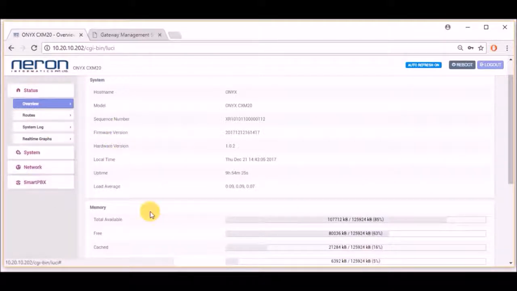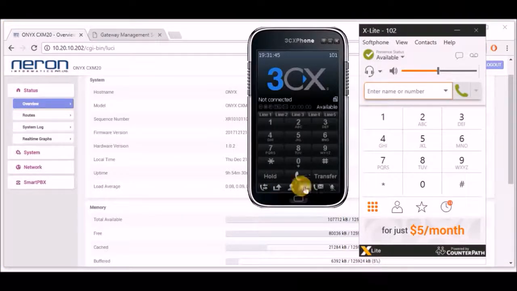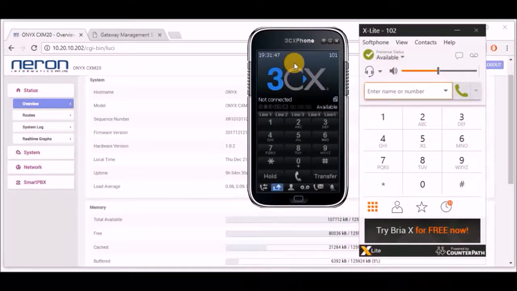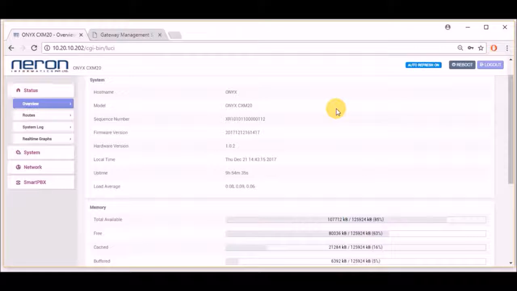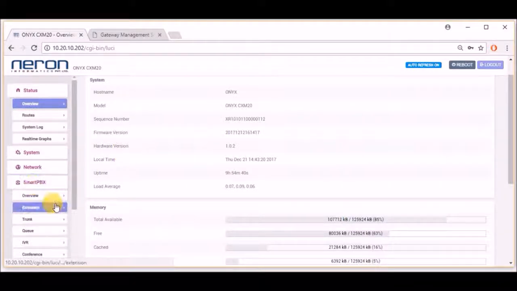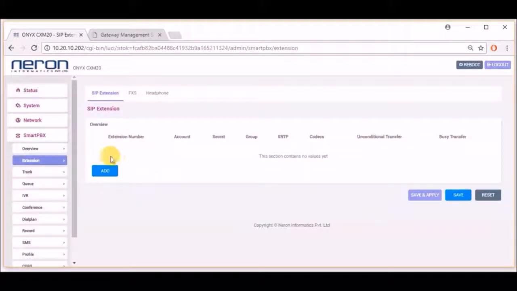So I have two soft phones with me. As you can see, I have the 3CX phone and X-Lite. I have to configure two extension numbers. Firstly, we have to click on extension and create two extension numbers.